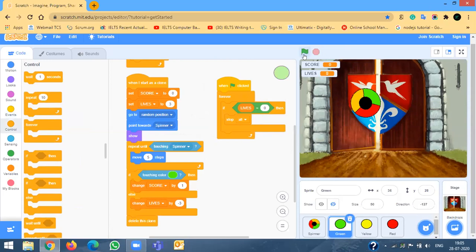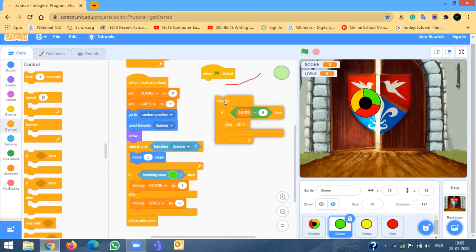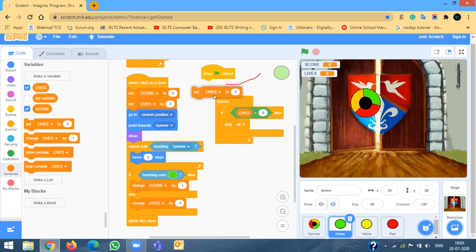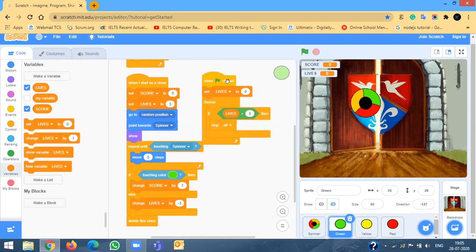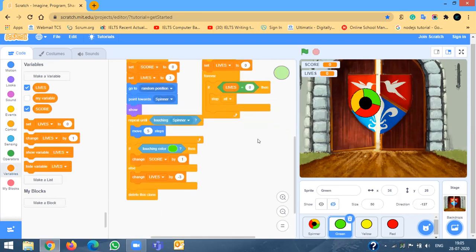Your lives is 0 only, right? It will not start at all. So at the very start, you have to set your lives, right? When the green flag. I've said. No, but it has to be when the green flag is clicked, right? At the very start, whenever green flag is clicked, what do you want to do? So you will define every time this at the top of your variable, right?